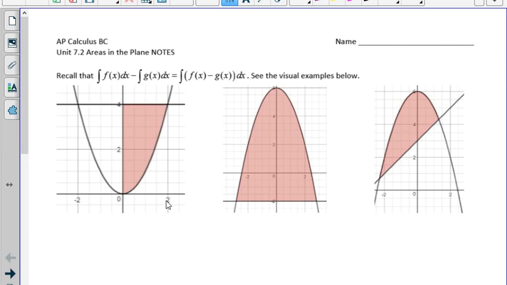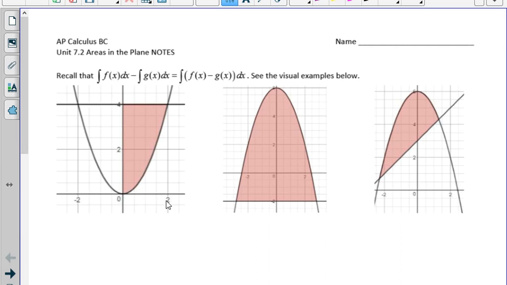Today's notes are on areas in the plane. So if we want to find an area of a curve or the area between two curves, we can take an integral, which we kind of already know. But one thing that we touched on a little bit earlier that we haven't really fully got into is